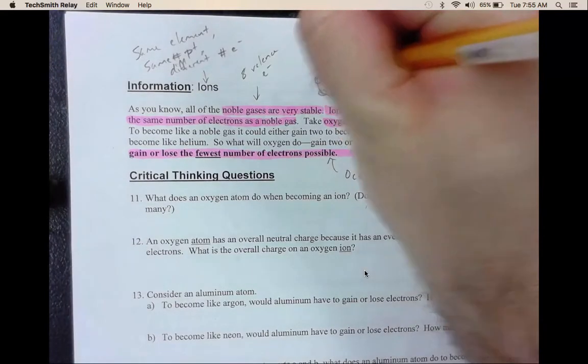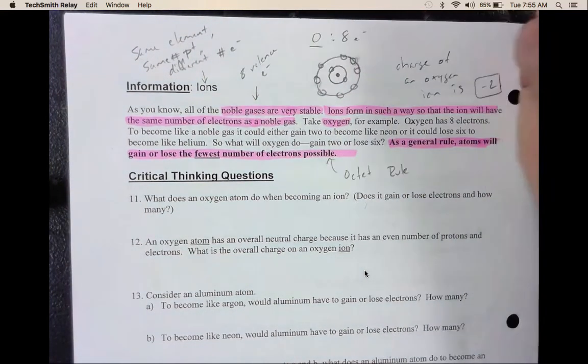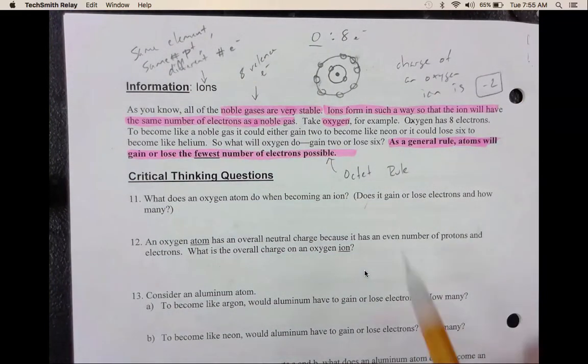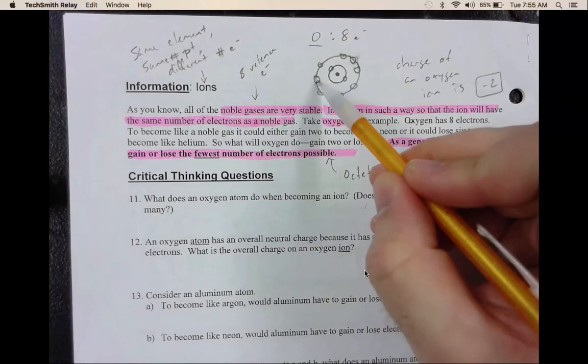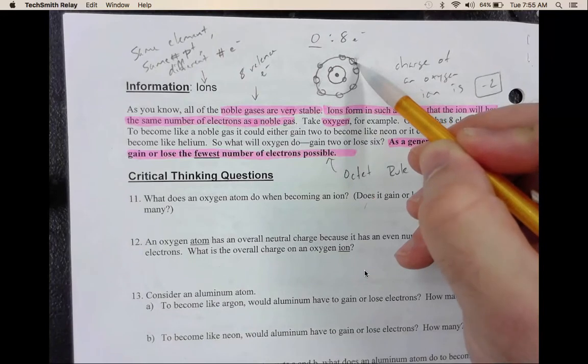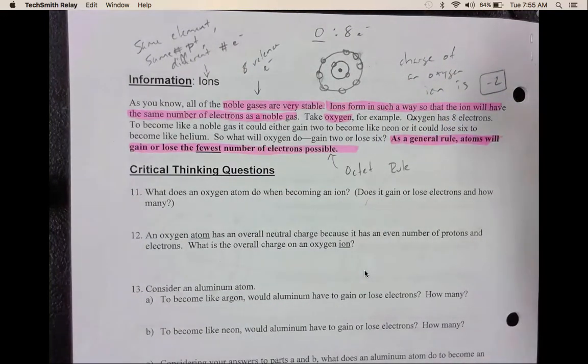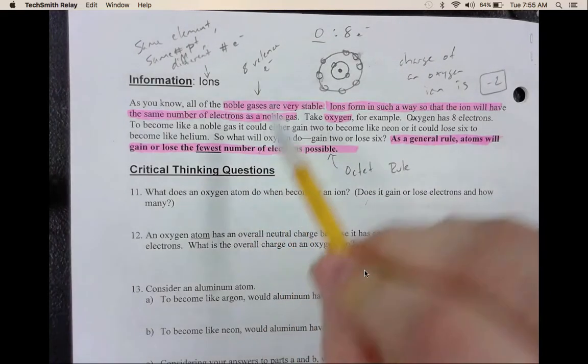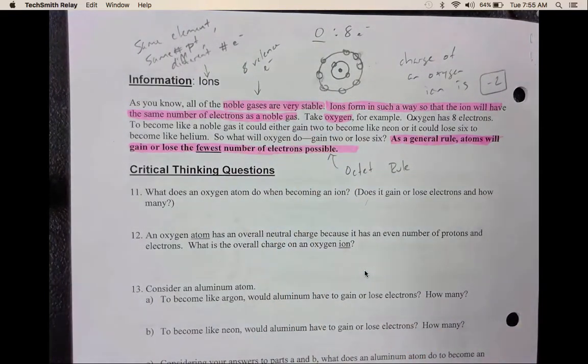So we can draw our 2 electrons in. Now we can think about the charge. The charge of the oxygen ion is -2. The reason why it's -2 is because electrons are -1, and we added 1 electron, so -1, and then we added a second electron, so -2. So that's kind of how ions form. Remember, they want to use the fewest number of electrons possible to get to 8. You can either gain or lose. So then next,